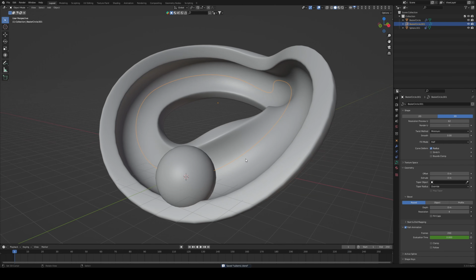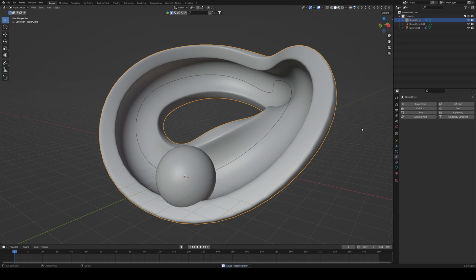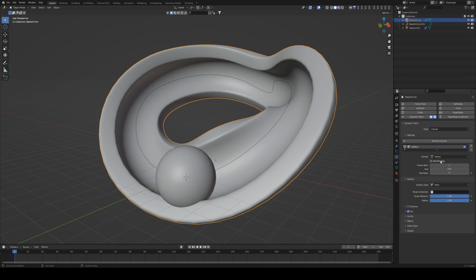So we're going to use two things. We're going to use a dynamic paint, brush, and canvas, and we're going to use a particle system. So we're going to set those things up. First things first, we set up the dynamic paint canvas. This means that the object is going to be painted on. So we want to take the dynamic paint, type canvas, add canvas, and I'm just going to set up a